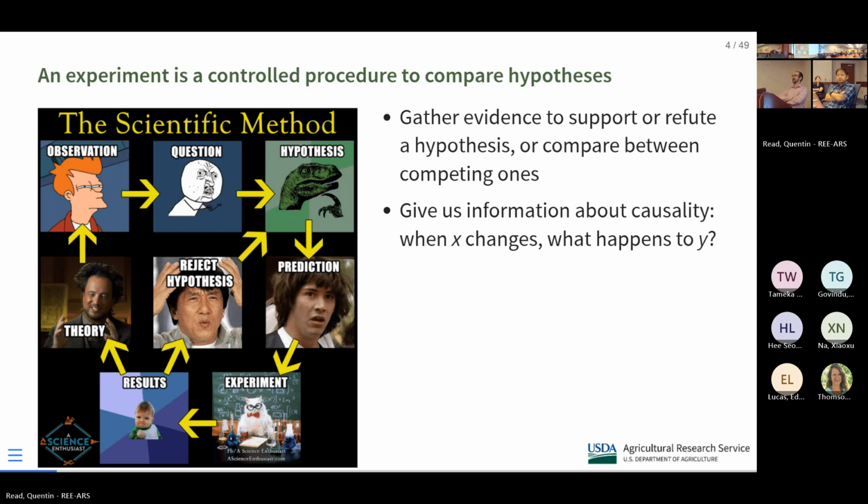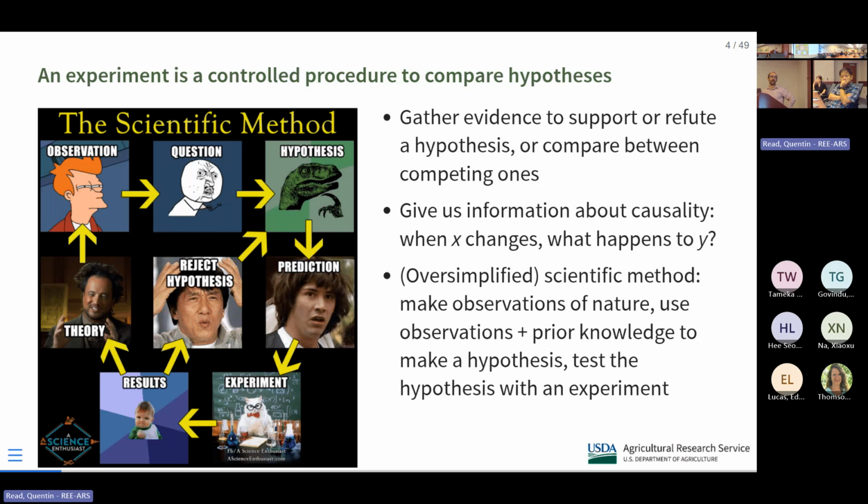It is not easy from observational data alone to say why something happened, because we don't know what different influences are acting on things in the real world. If in an experiment we can control everything, set everything equal, except for the one influence that we care about, and then we observe a change in the result, we can say that change was caused by the thing that we are testing, manipulating in our experiment. So yeah, like I said, the scientific method is obviously way more complicated in reality, but that's how experiments fit into that.